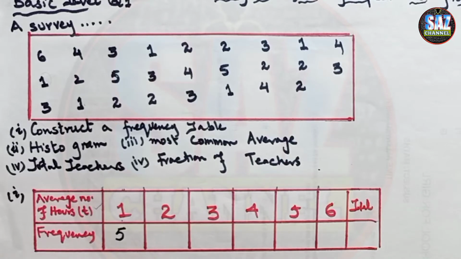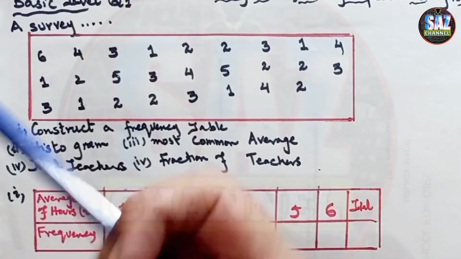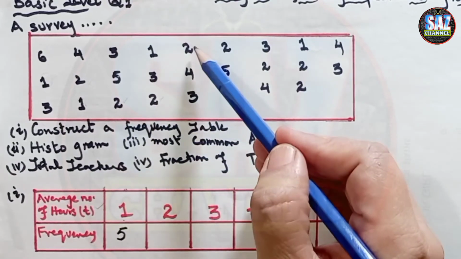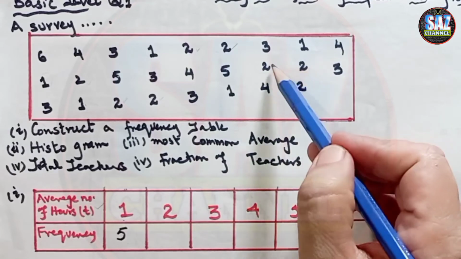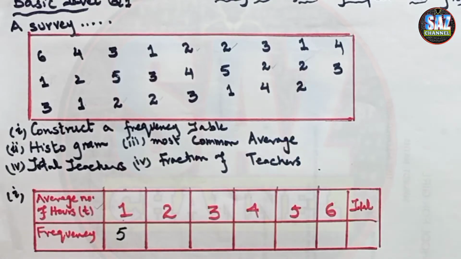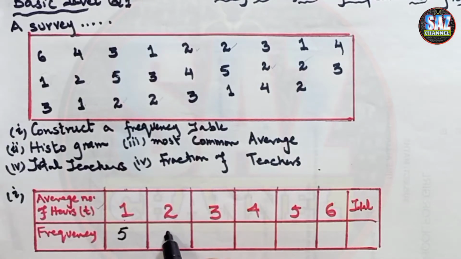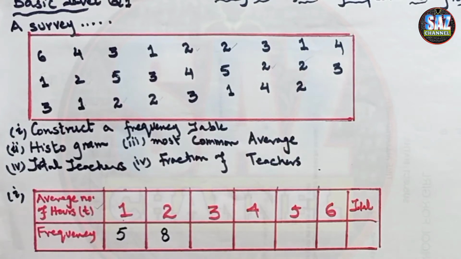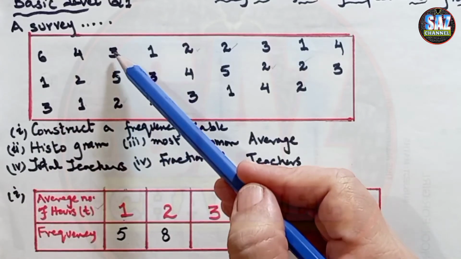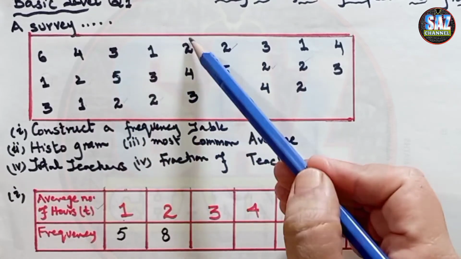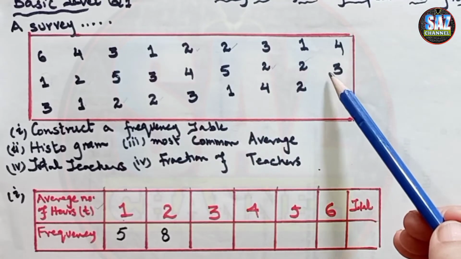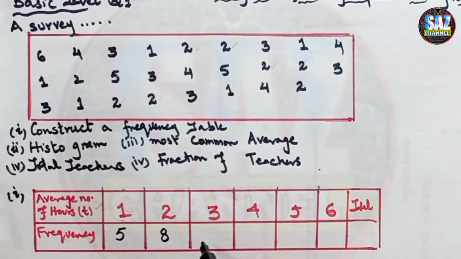Okay, coming to 2, again 1 is done, and then moving to 2, first time is coming here, 2, 1, 2, 3, 4, 5, 6, 7, and 8. 2 is coming how many times? 8 times. So let me record the answer at this place. And then 3. Okay, now 3 first time is coming here, then second, this is third, and this is fourth, this is 5, and this is 6. 3 is coming at 6 places, so I have to record this answer.